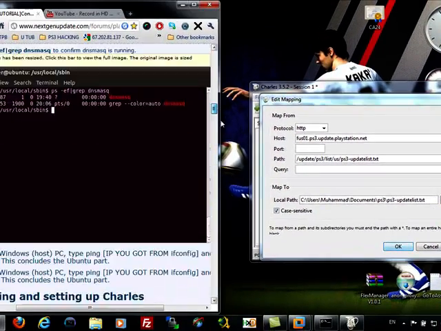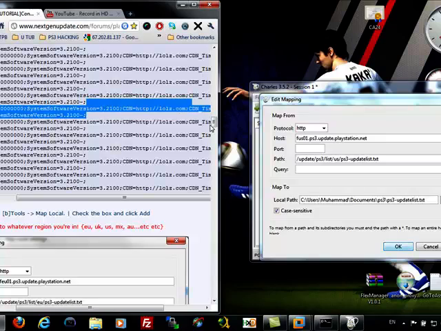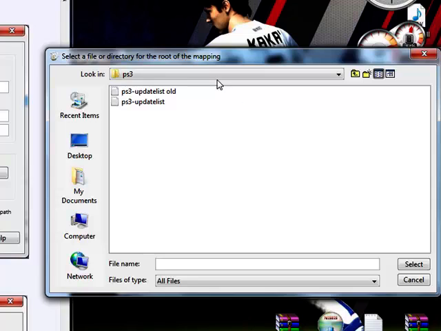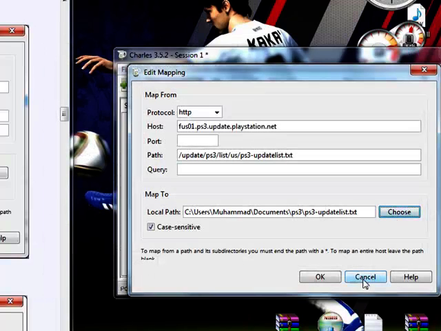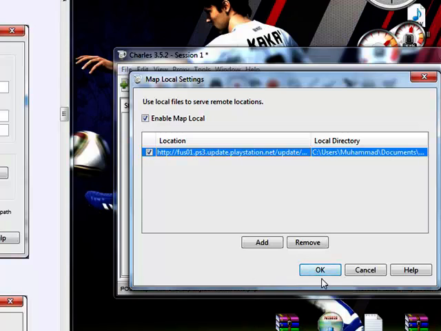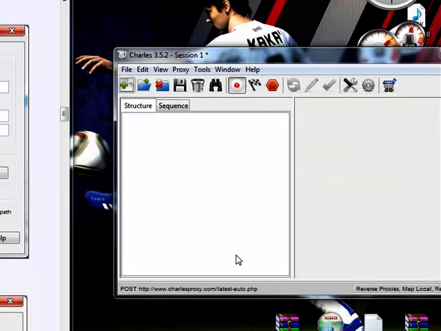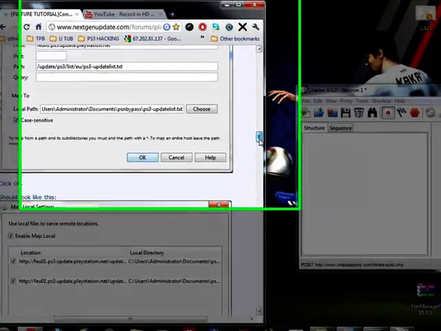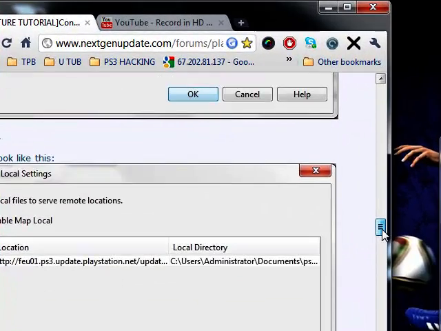And now for map to, you'll need to browse to where you saved the text file. Just click choose and then browse wherever you have saved it. And then click OK. I click cancel because I don't want to change anything, but you click OK. Right. Next, we need to